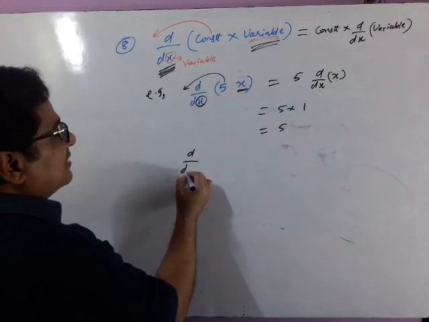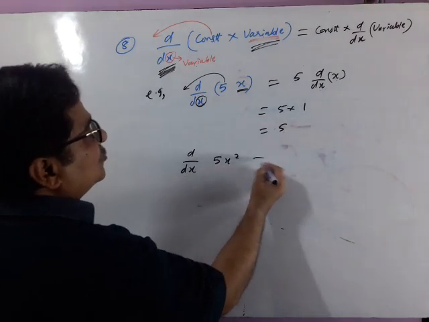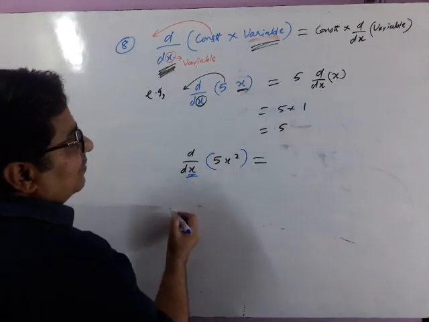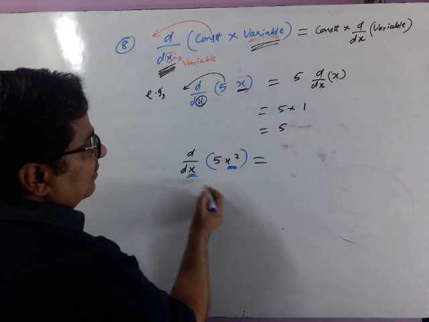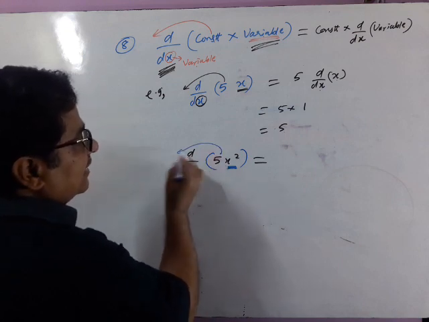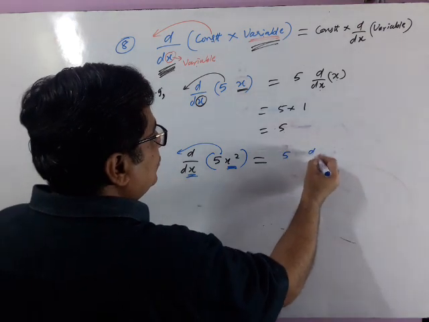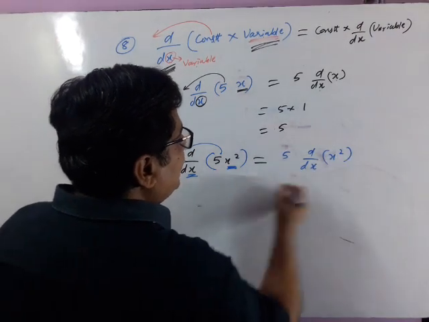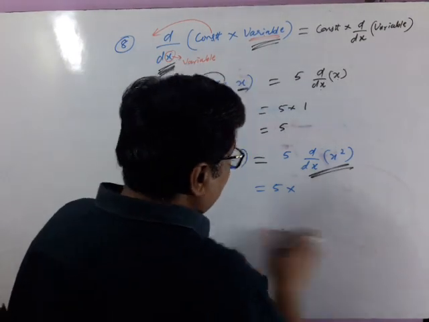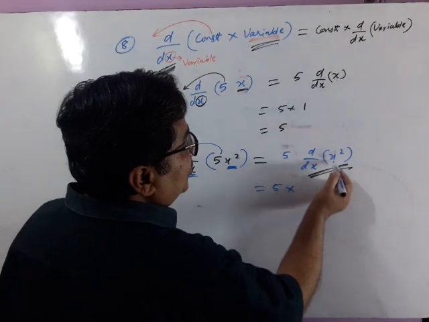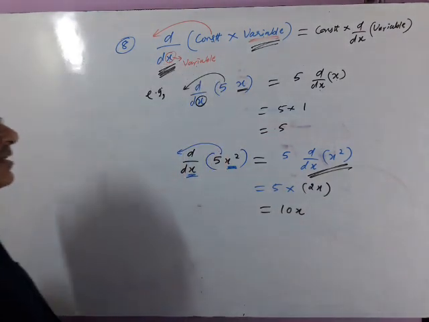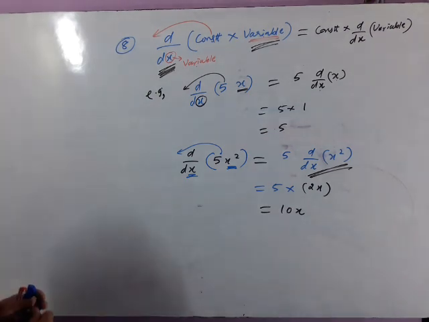See again, if I say differentiation of 5x square. Again see, x is variable, so x square is also variable. x is changing, so x square is also changing. So 5 is constant, take it outside. 5 taken outside, dy/dx of x square. So apply the formula of differentiation learned in the previous pages. Differentiation of x square is 2x. So the answer will be 10x. Are you getting it? Breathe in slowly and gradually.